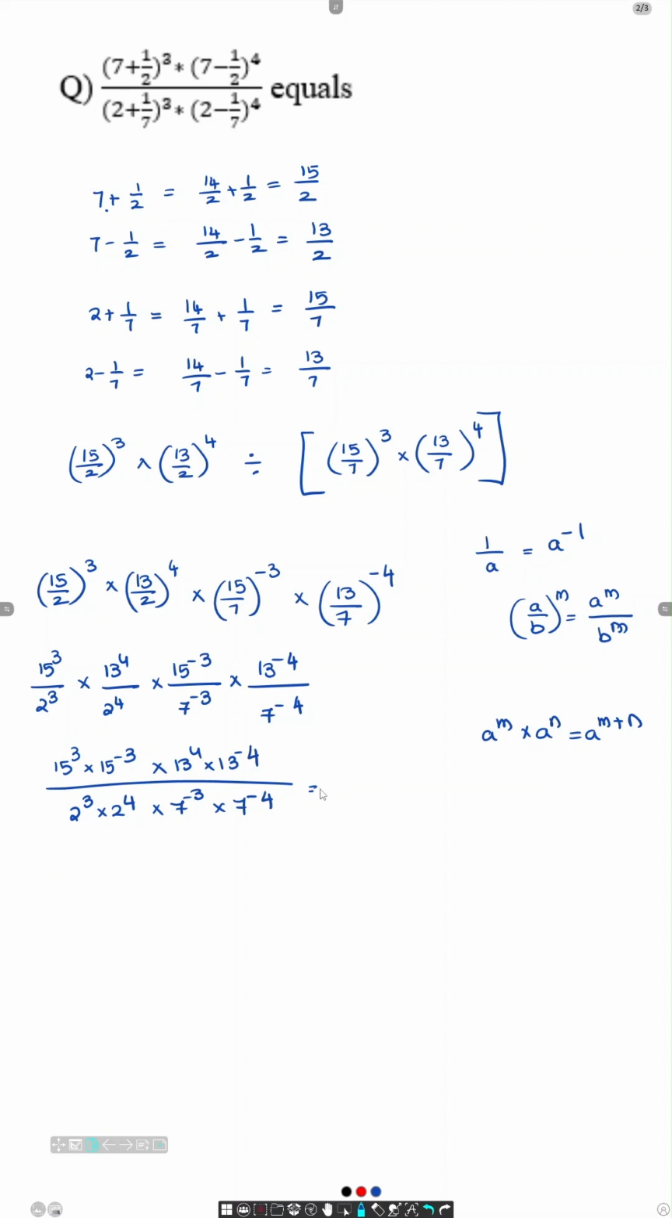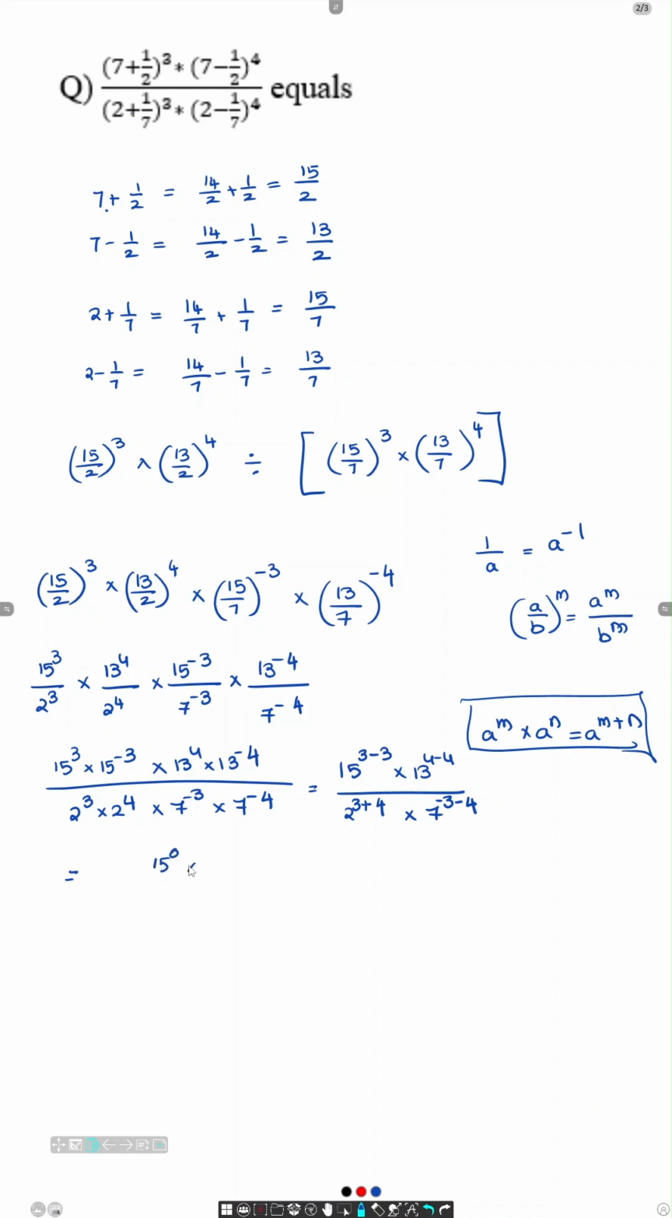So this will be nothing but 15 power 3 minus 3 into 13 power 4 minus 4 by 2 power 3 plus 4 into 7 power minus 3 minus 4. I have applied this law of index for these, when the base is 15, 13, 2 and 7. Now, this will result in